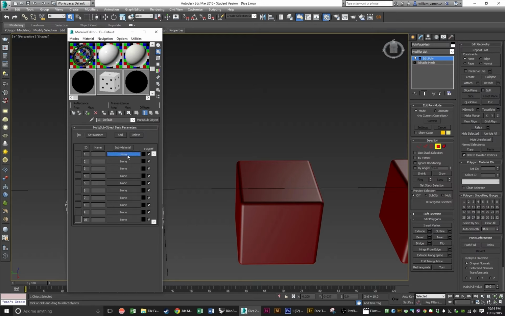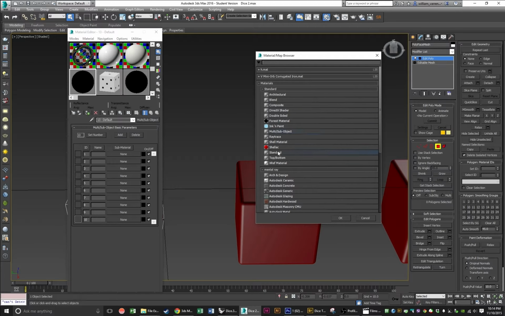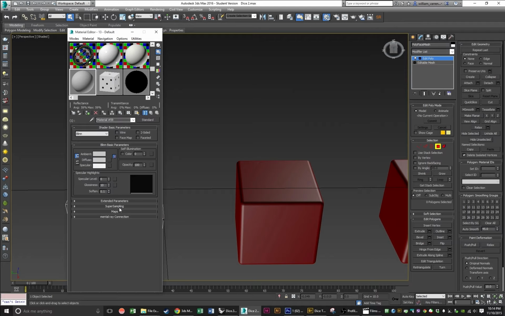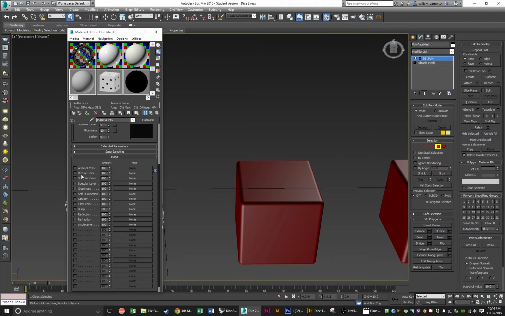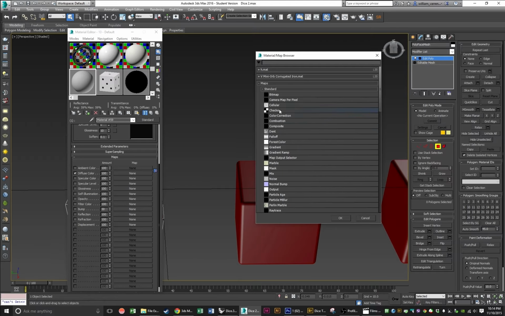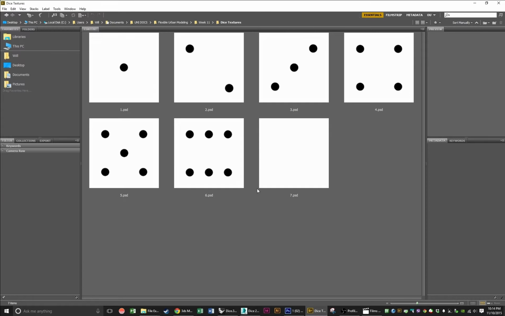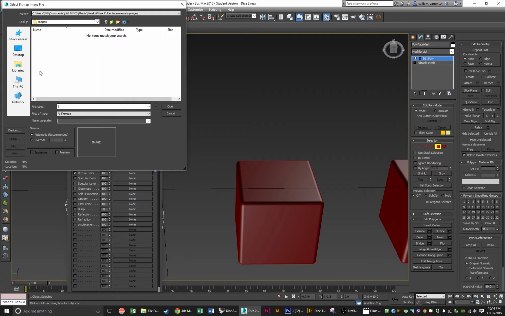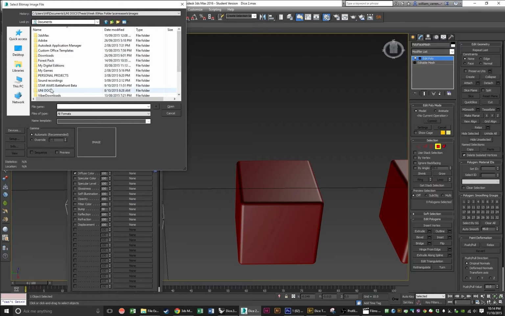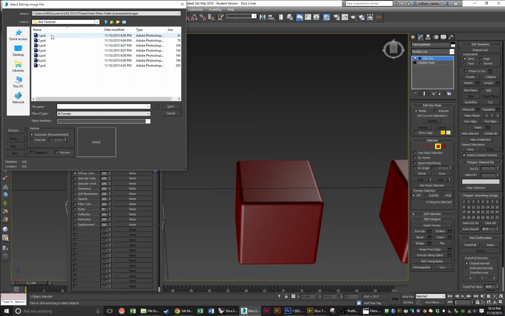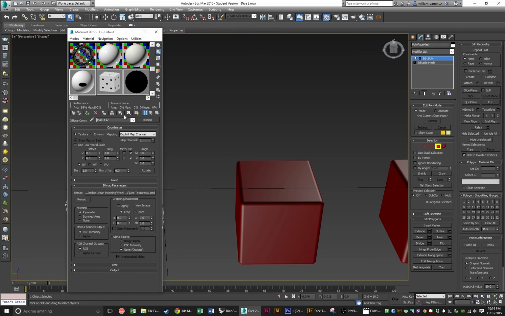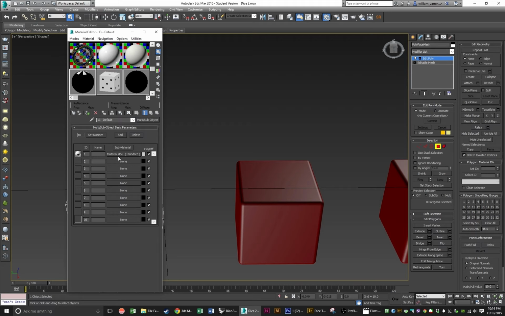All you have to do is just click here, and now you just want a standard material in this slot. And we don't want anything too fancy, so we're just going to apply a diffuse color, in this case a bitmap. So we'll select the none, go to bitmap, and now what I've done is I've created a number of images corresponding to each side of the dice, and I've named them appropriately so it's easy to identify. So as this was the number 1 object, I'm simply going to open the file here. So I have a number of textures here. This is the first face, so I'll click 1, fine, and I go back to here